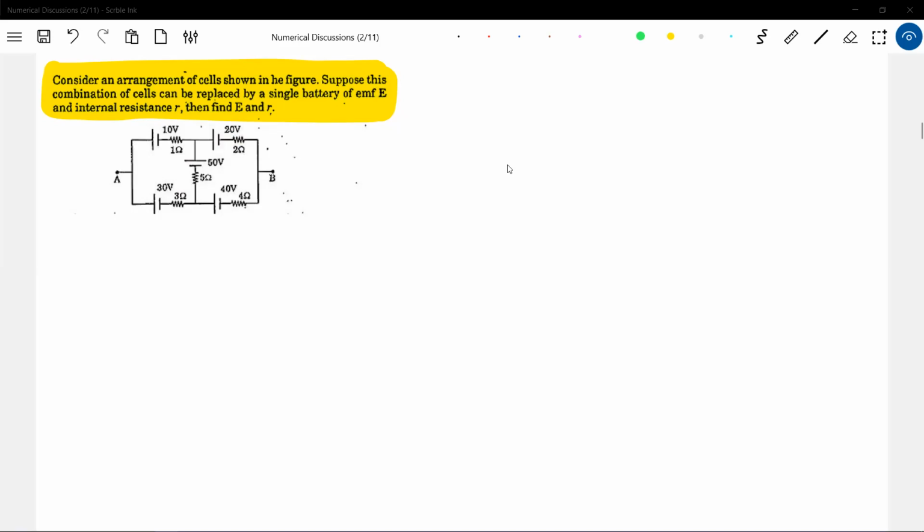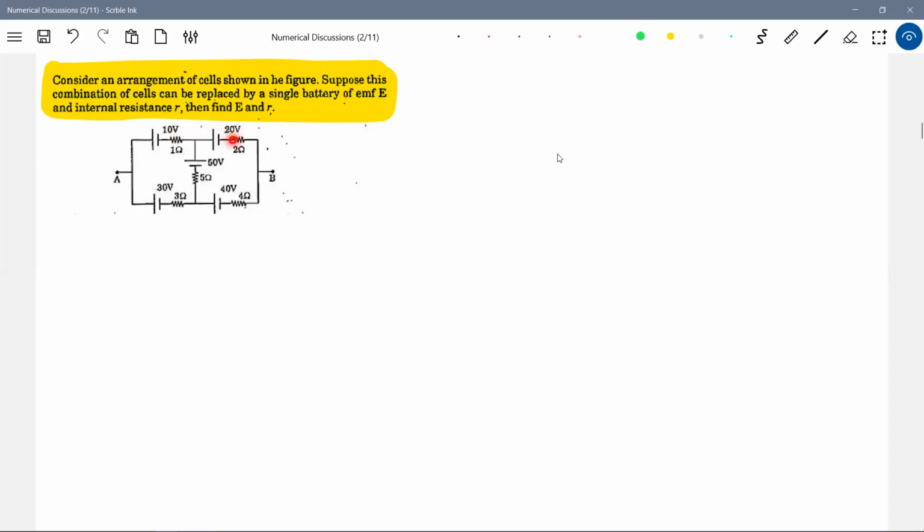I just wanted to see how students think about this. I wanted to interact. Are they series or parallel? They are neither series nor parallel. But the question asks for the equivalent EMF and resistance. I think this is the first problem you have come across where the grouping of cells formula cannot be applied. So what to do for this?